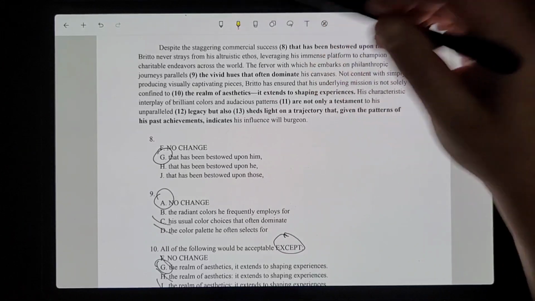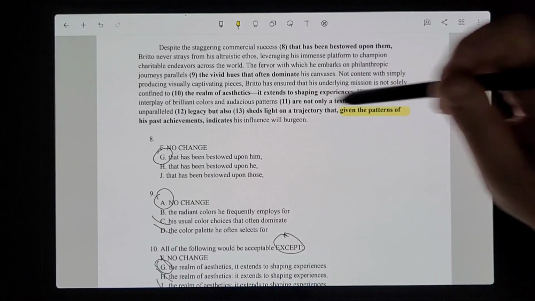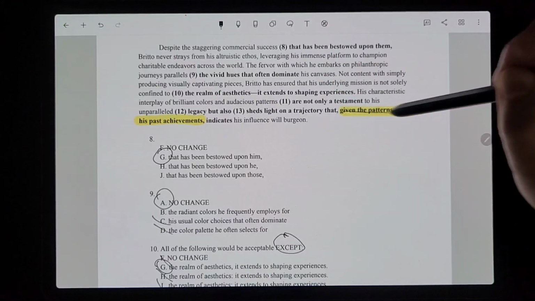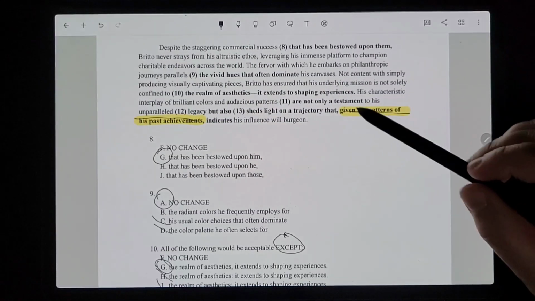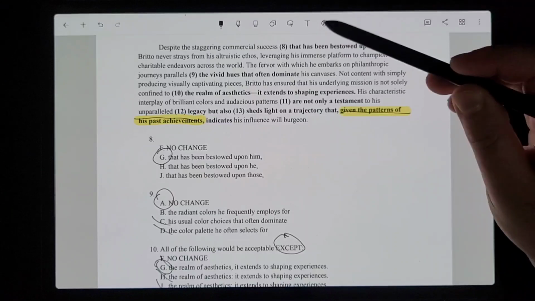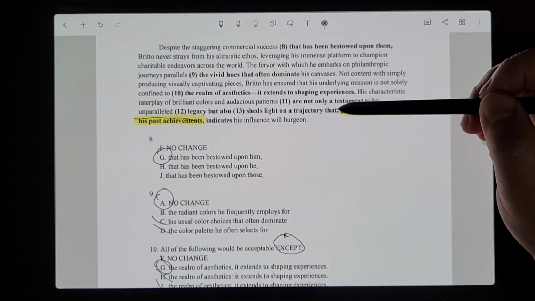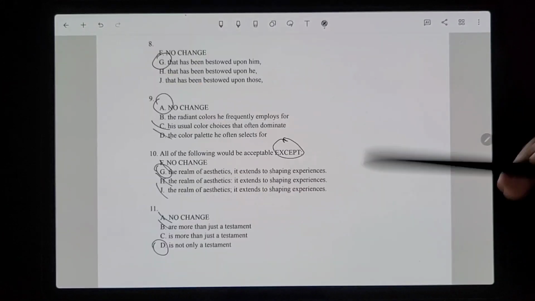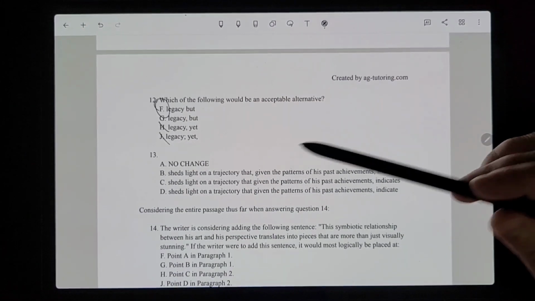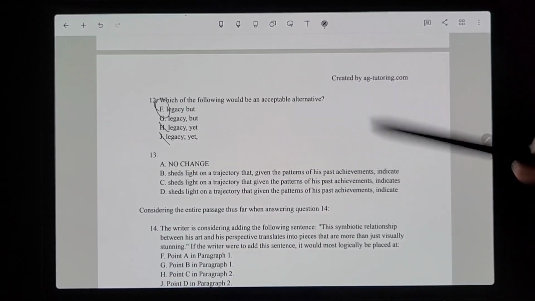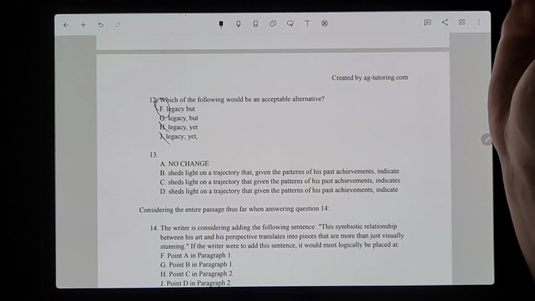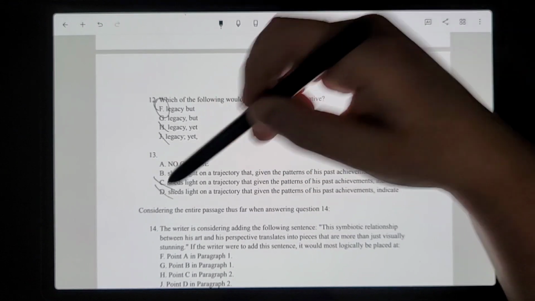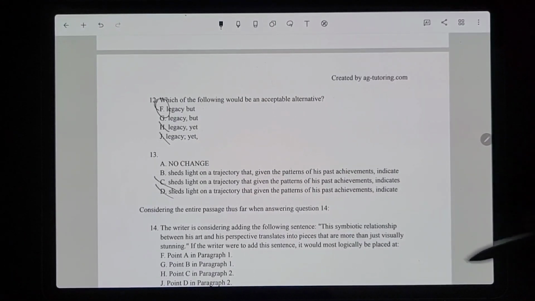Okay, so we have a non-essential clause right here. This is a non-essential clause that we could cross out and still have a complete sentence. So it needs to be surrounded by either commas or em dashes. I remember there was something with the comma saying whether or not we put a comma there. So we need the commas surrounding the interruption, which is also called a non-essential clause. So it can't be C or D. It has to be one of the ones that keeps the commas around it.